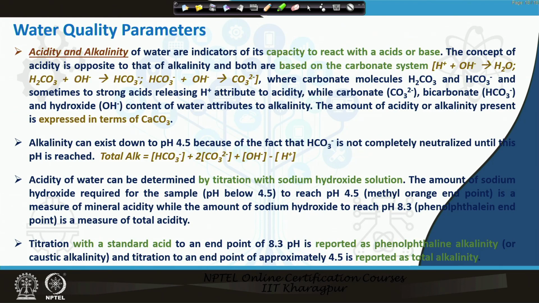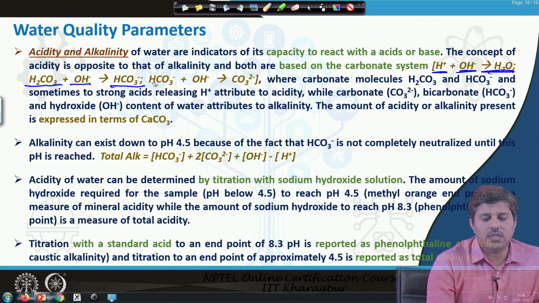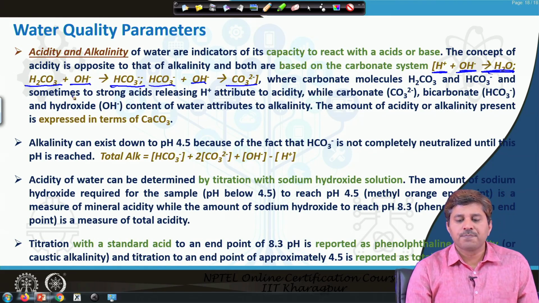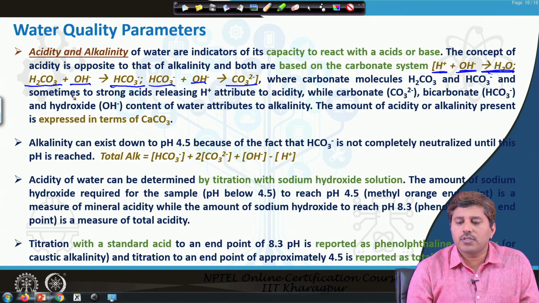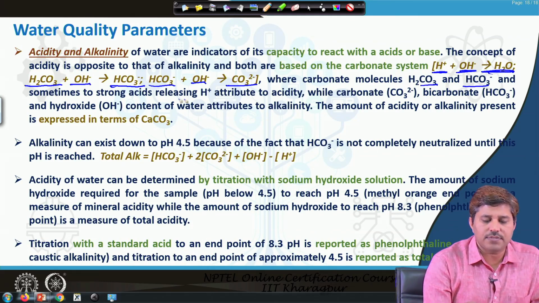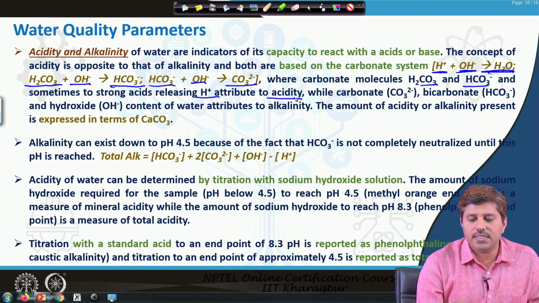So, in water we may have molecules in different forms. We may have H ion and OH ion forming H2O. We may have H2CO3 plus OH forming HCO3, and HCO3 and OH forming carbonate. So, we may have different forms of carbonates present in the water. Now, the carbonate molecules, which are H2CO3, HCO3 and sometimes even the H ion, contribute to the acidity,